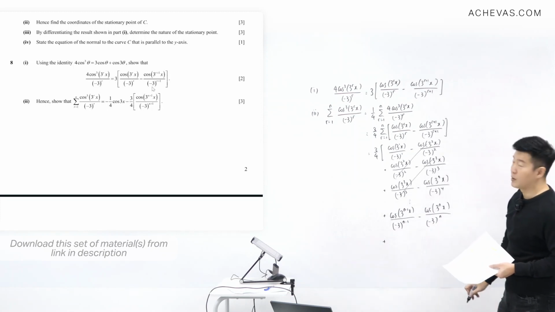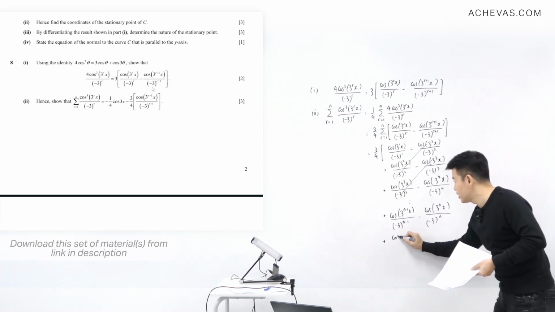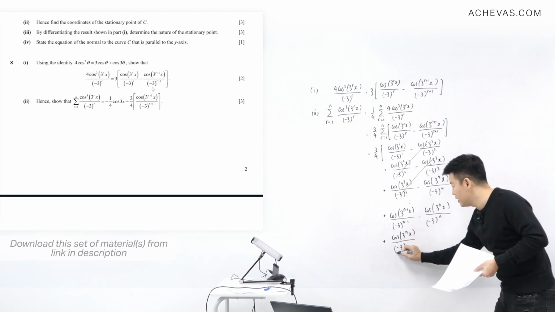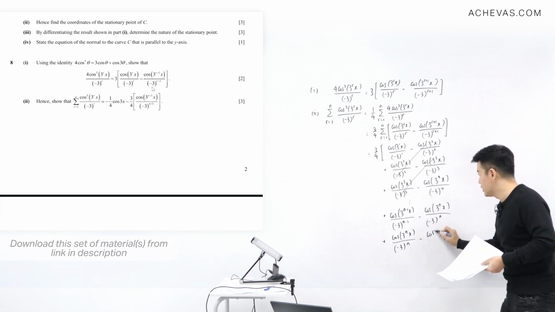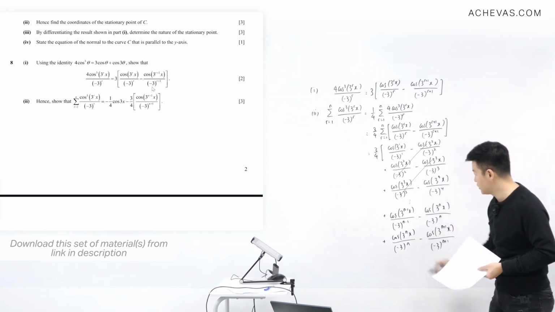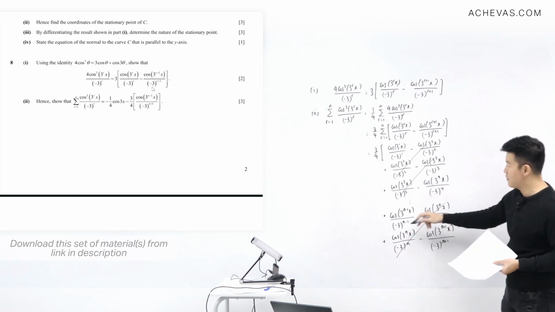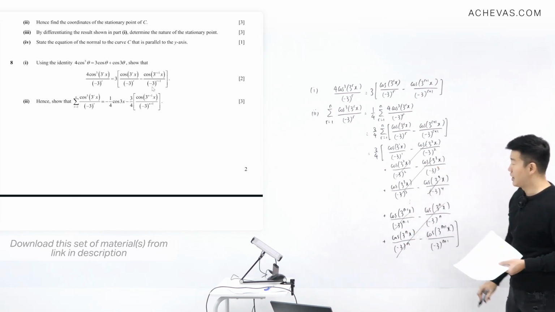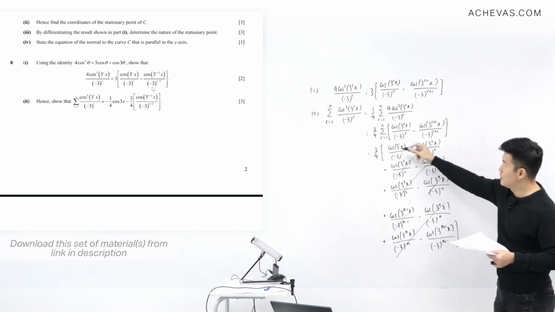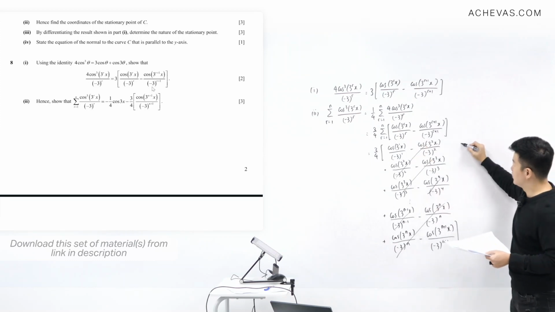And the final row will be when r is equal to n. That is going to be cos 3 to the power of n x over negative 3 to the power of n, and minus cos 3 to the power of n plus 1 x, and this is going to be divided by minus 3 to the power of n plus 1. So we are seeing this being cancelled in the same pattern, and by our pattern recognition, we can see that in between will all disappear, which means I'm going to be left with just this and this. So it is going to be equal to 3 over 4 of, now we have a